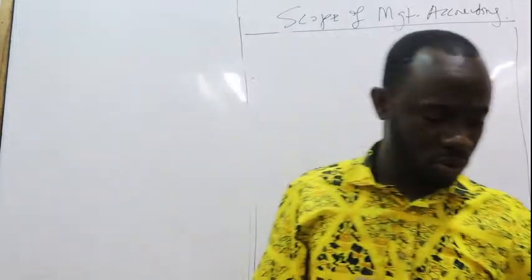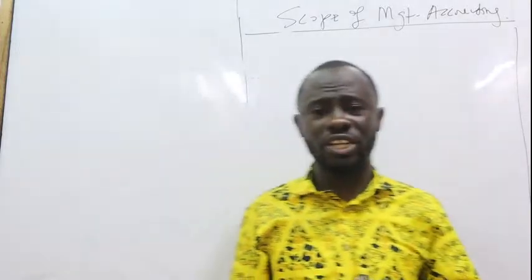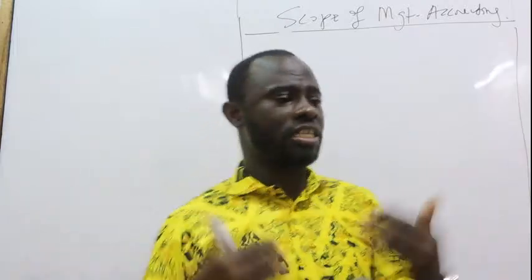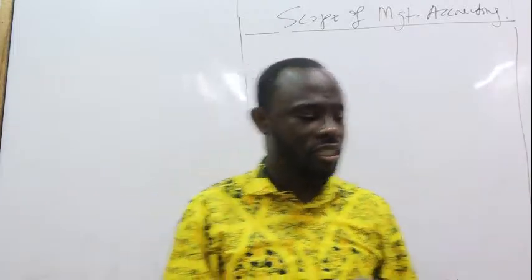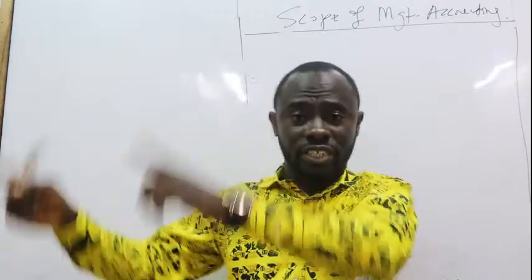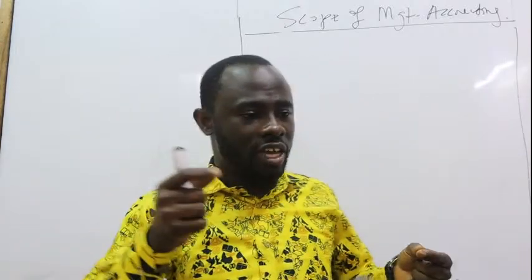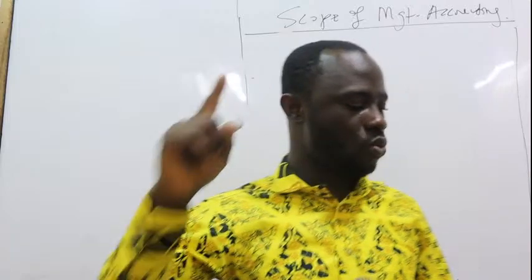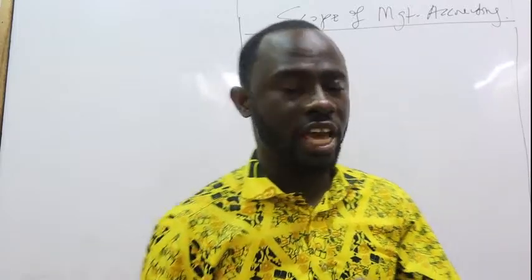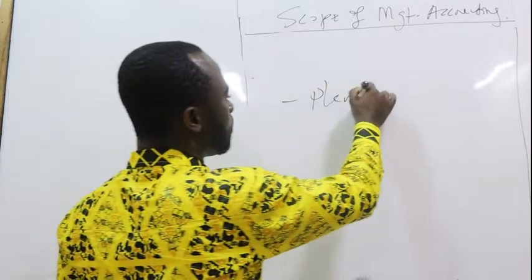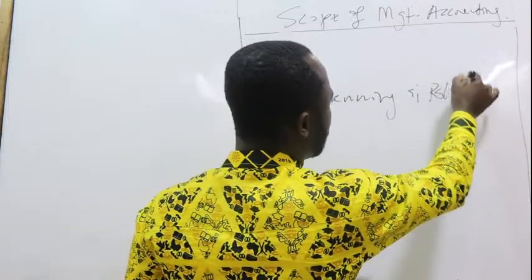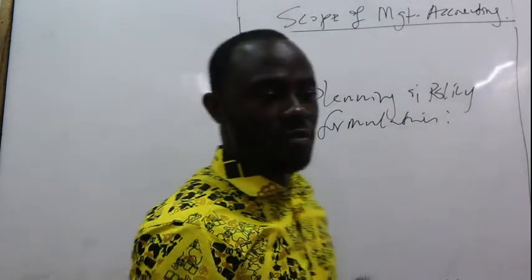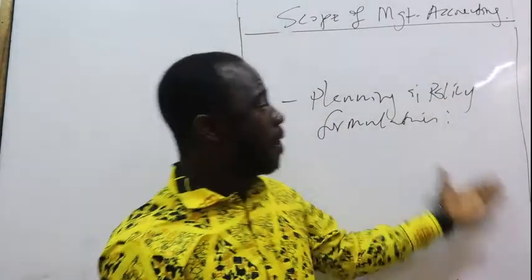Basically, from the definition, we can conclude that there are a number of objectives of management accounting. Now, technically, the objectives of management accounting are just like the objectives of cost accounting, just with an icing on it. So, for instance, the main objectives of management accounting include the following. 1, planning and policy formulation. And I've explained this already under the costing system.